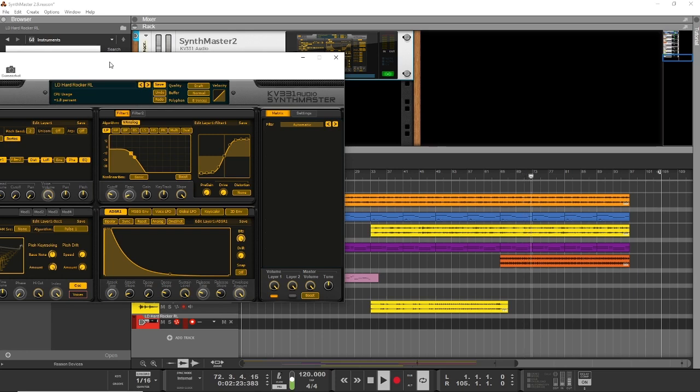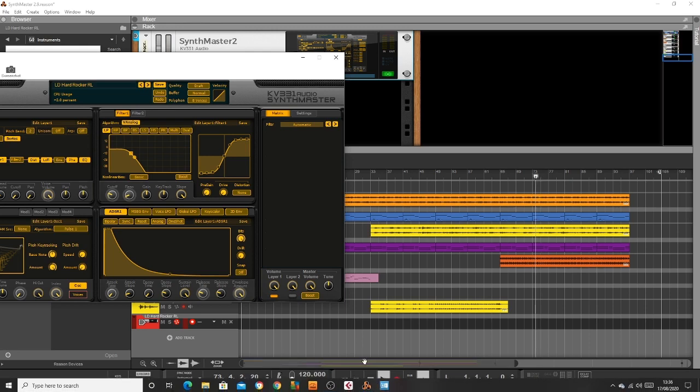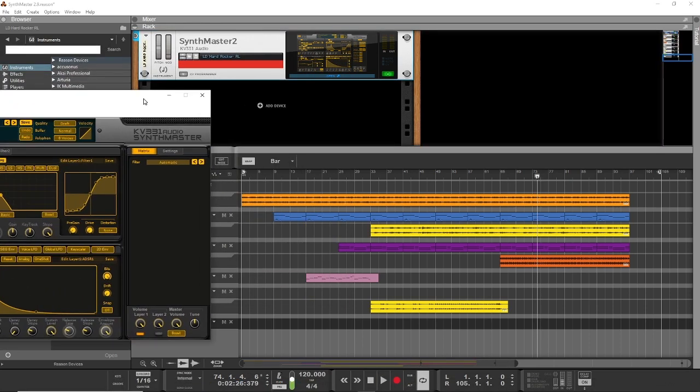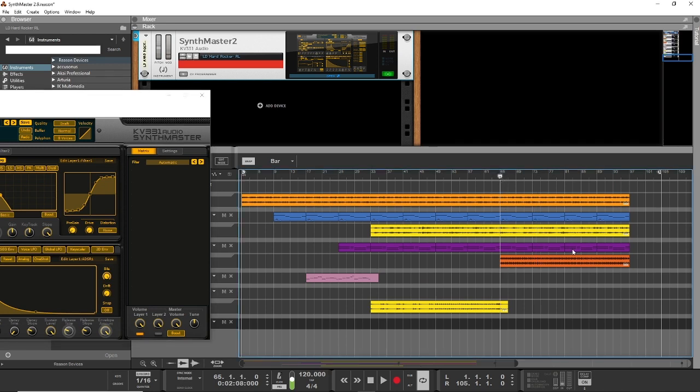Okay, so stop that a sec. So what I'm going to do here now, obviously there's loads to add to this. I want to add some little bits and pieces here, maybe need some more pads. Definitely need something else going on here, but I've got this idea for a kind of a solo that runs